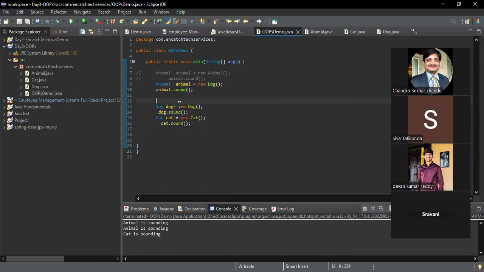So here also: animal sounding, dog sounding, and cat sounding. So this is straightforward. When I say dog sound, also animal you are getting it. When I say animal and dog, also you are getting animal sound. So this means, though it is a created object for new, it is cascading